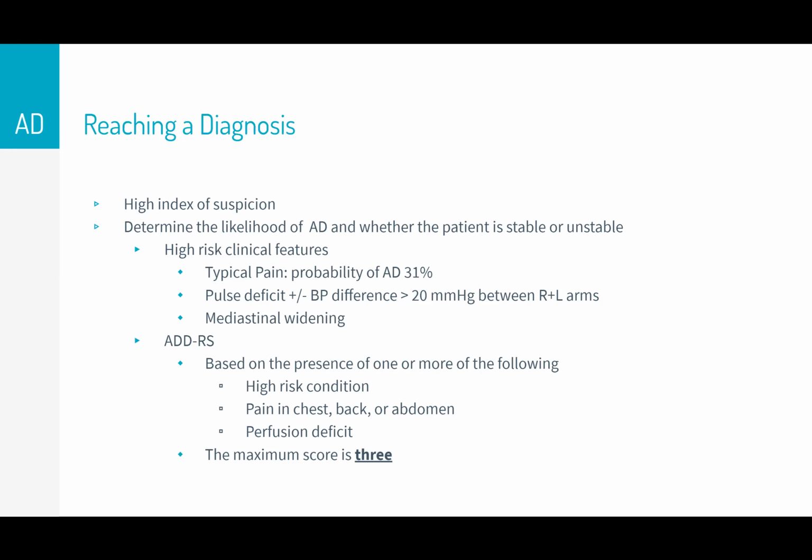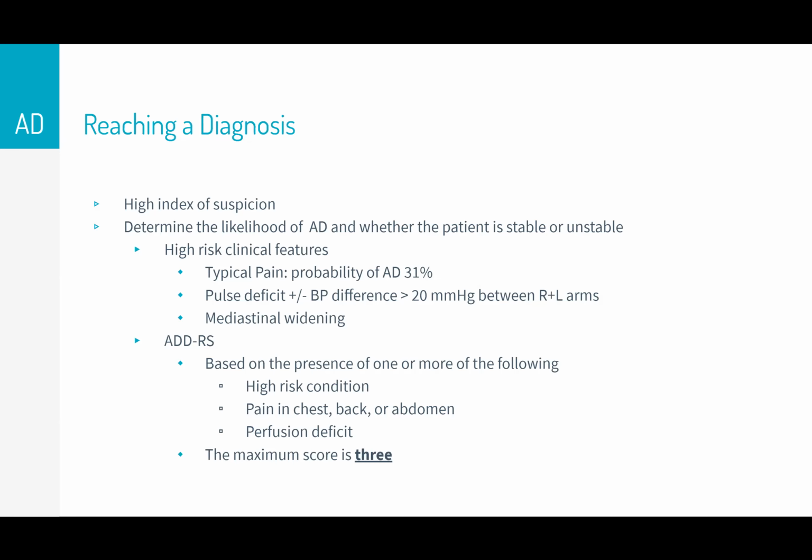If he has a pulse deficit, plus or minus a blood pressure difference, the probability of aortic dissection is 83%. Mediastinal widening on X-ray has a probability of